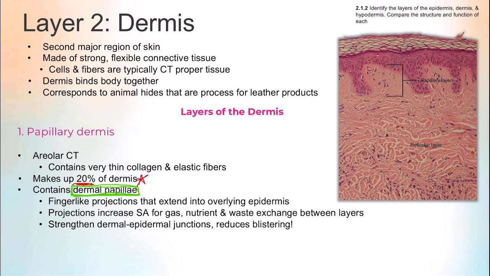And this is also going to help reduce blistering. So in normal conditions, if you have abrasive nature along the epidermis and the dermis, we typically will not have a blister. Now, if you get a blister, that is because you have had excess amount of friction occurring in that region. So most people oftentimes get blisters from the back of their shoes on like their heel,